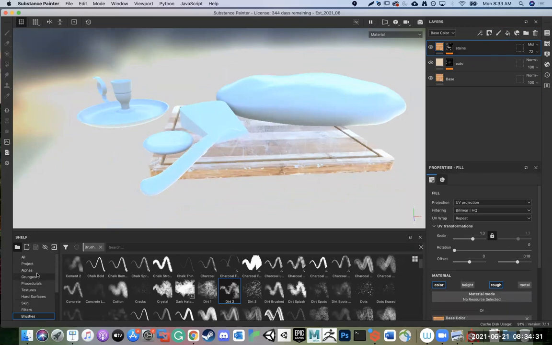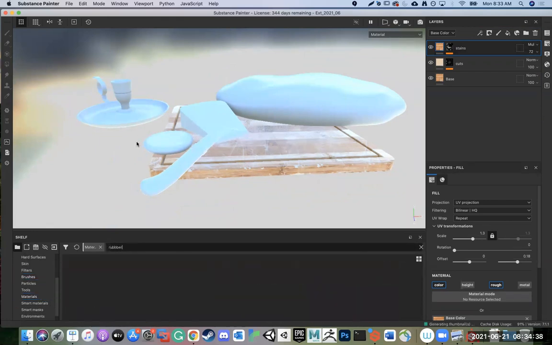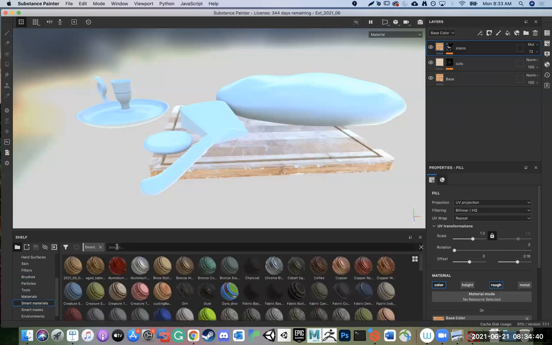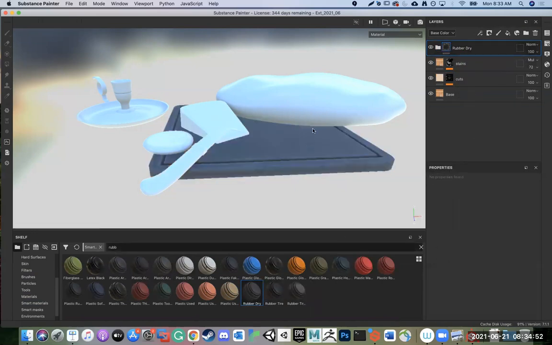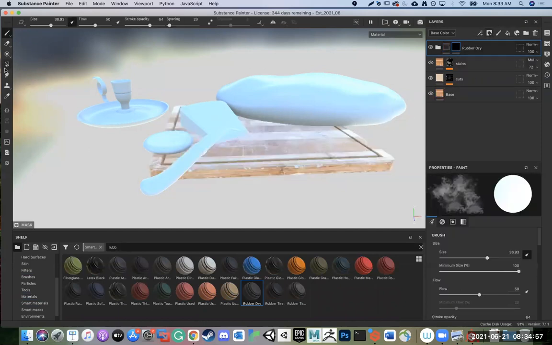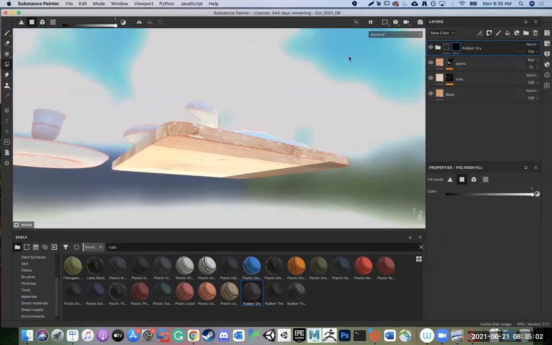So let's go ahead, and I'm just going to use one of our standard materials for this. Really, is rubber a smart material? It's not really that smart. Rubber tire, rubber dry. So I'm going to put like a rubber base on here. Just black mask. And then I like to show off the polygon fill tool because I don't think a lot of other teachers show this. But what this allows me to do is if I go to 2D, 3D,